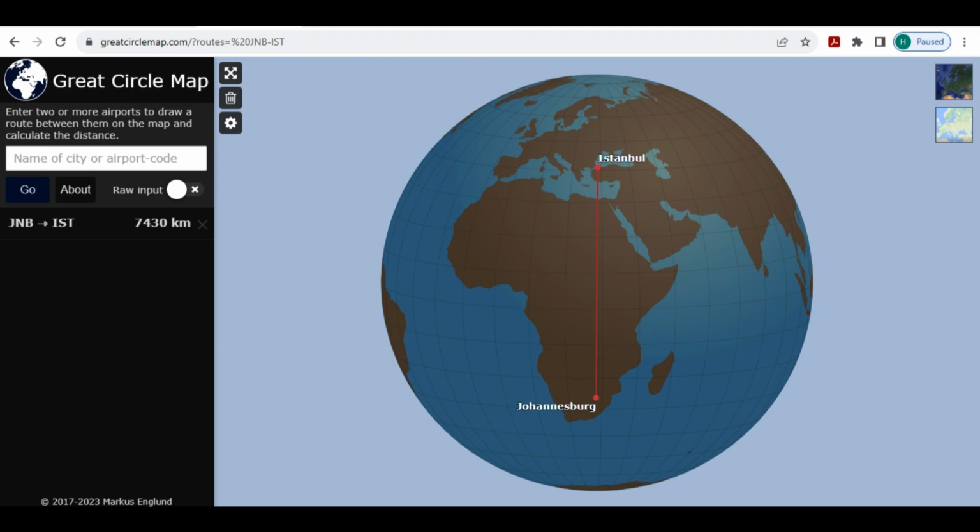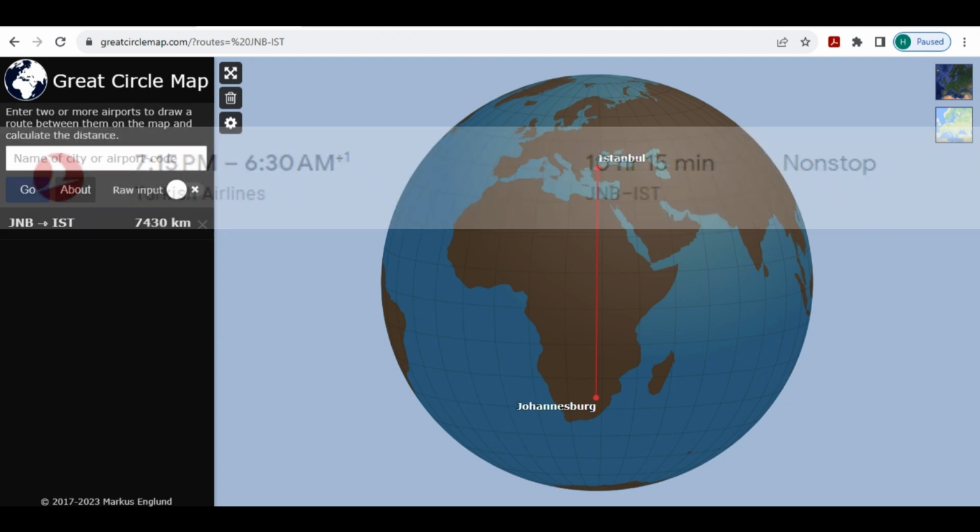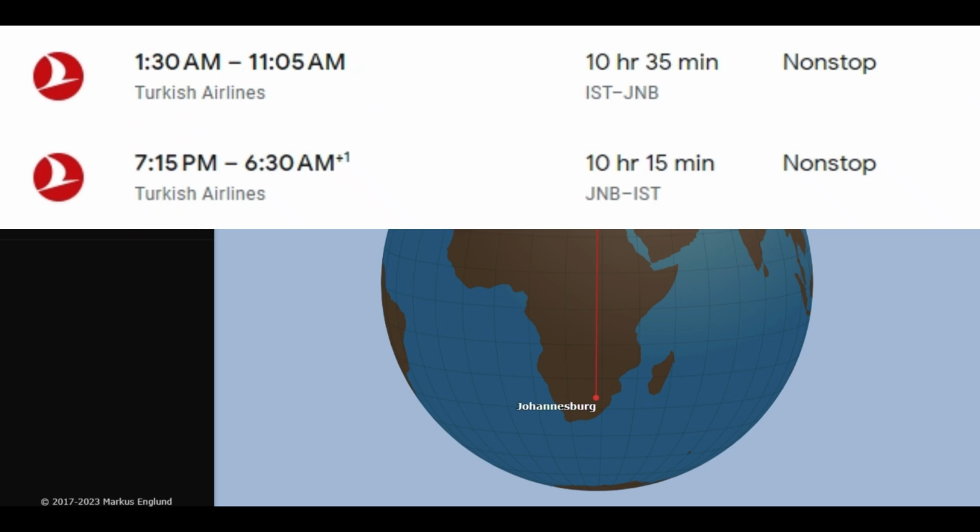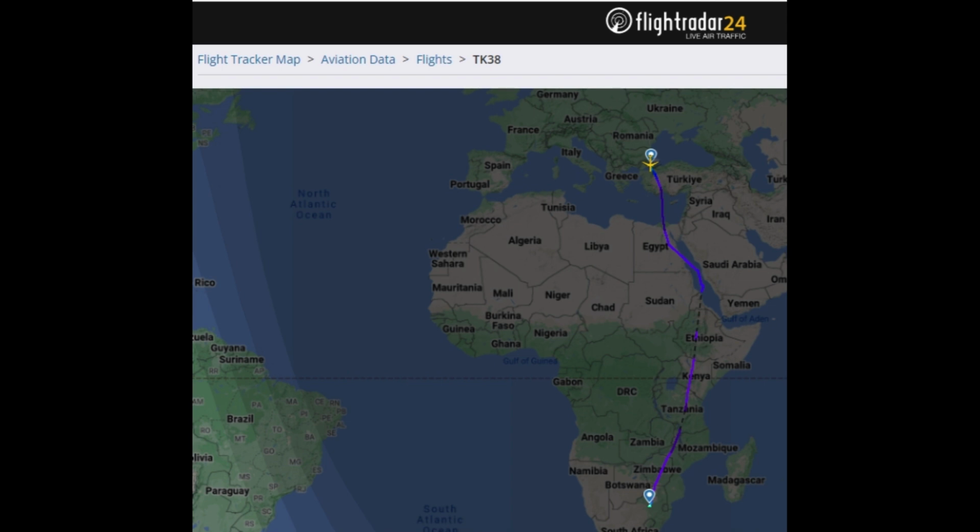So firstly, Johannesburg to Istanbul, which is about 7,400 kilometres, and based on flight times, is about 720 kilometres an hour average speed, which seems a lot slower. However, due to political considerations, the actual flight route taken is over 8,100 kilometres, so about 700 kilometres extra, and so that bumps up, by our analysis, the average flight speed to about 780 kilometres an hour, back to similar numbers to some of those other flights.